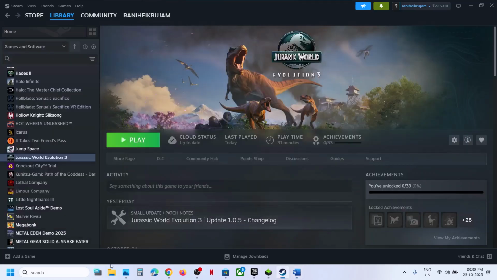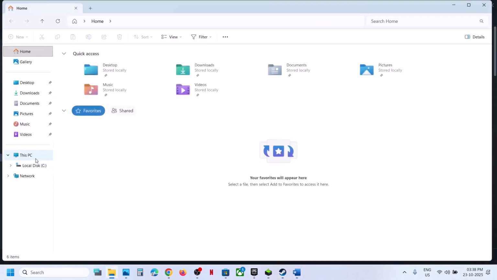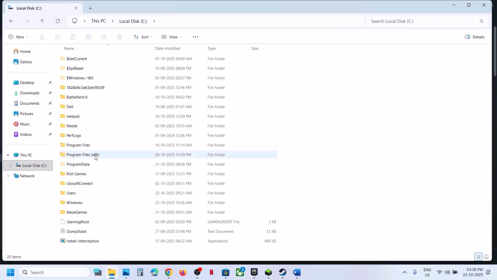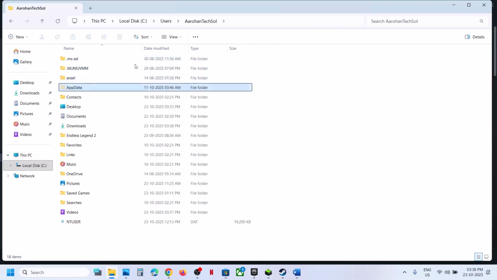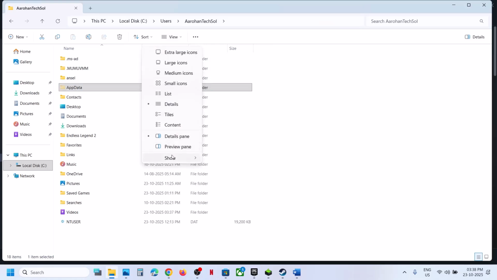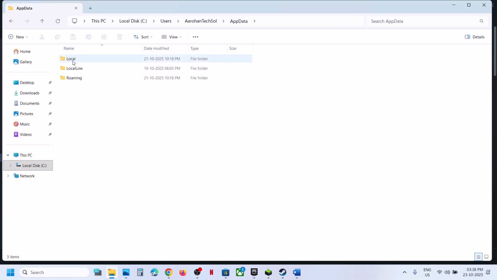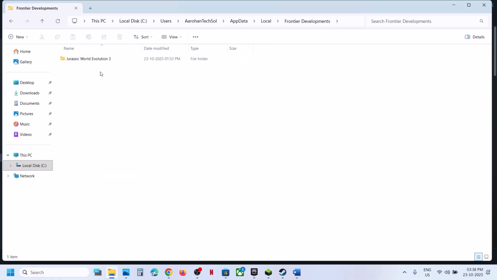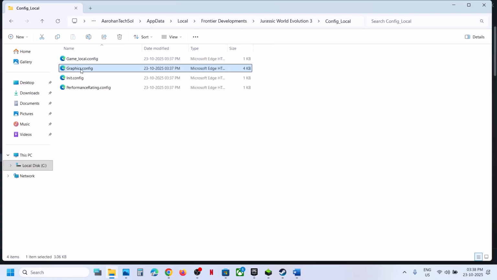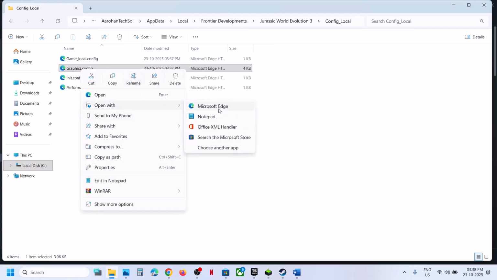Still not working. The next step is to set to window or borderless mode in config file. Now for this, you can open File Explorer, go to this PC, open C drive. Now open users folder. Now open your username folder. Open app data. If you don't see app data at the top, click on view, select show, put a check on hidden items, and then open app data folder. Open the local folder. Open Frontier development folder, open the game folder, config local, graphics config, open with notepad,